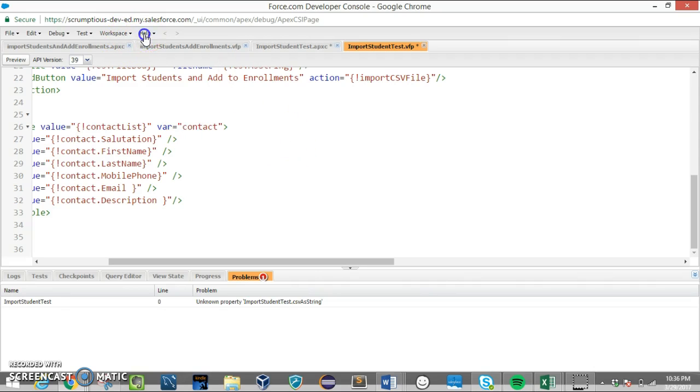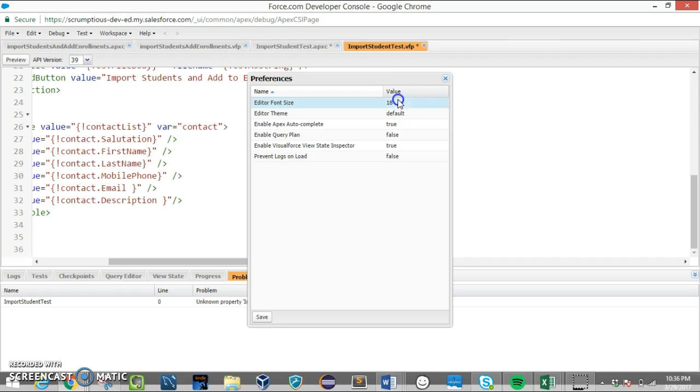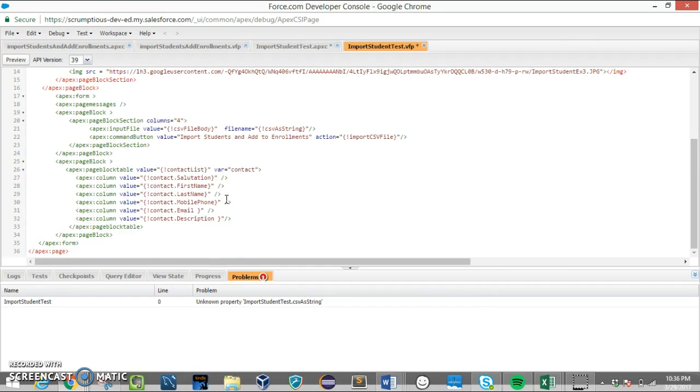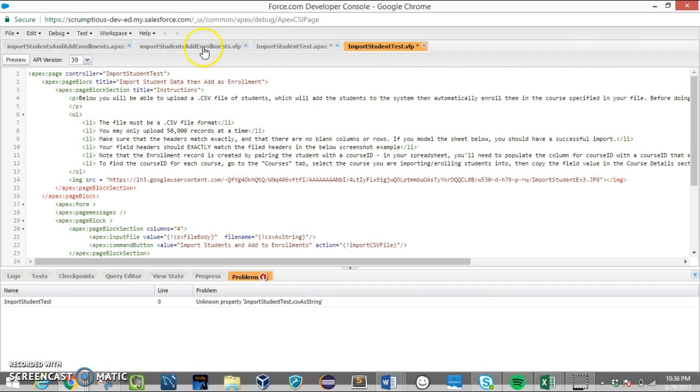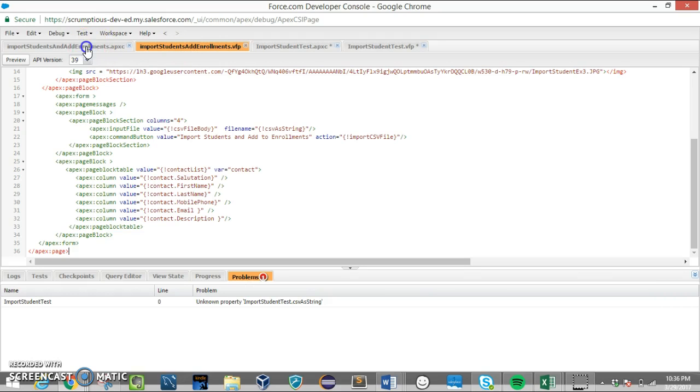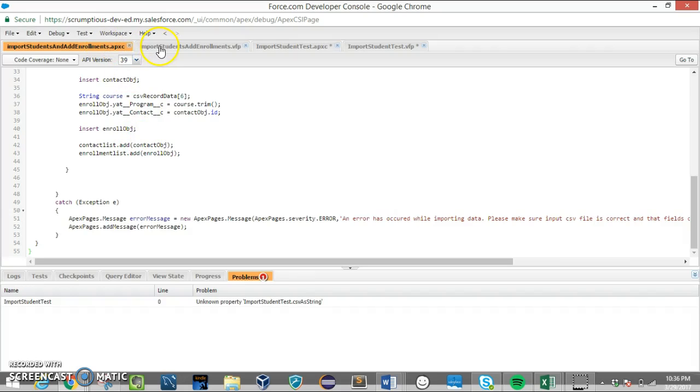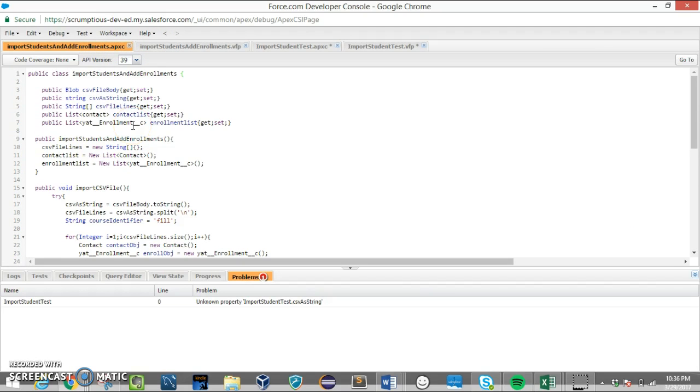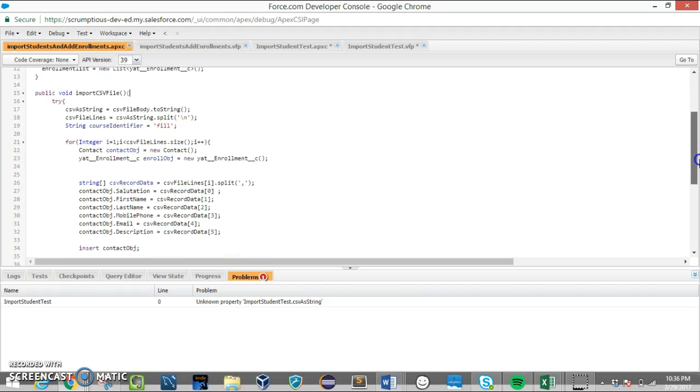Let me go ahead and make this readable. First of all, don't mind these 2 tabs on the right. The first one and the second one here, this one is our controller. So we created a controller that has one constructor and one method. The constructor is, of course, right here, import students and add enrollments. We have one method called import CSV file, and within that method, we are using a try-catch block